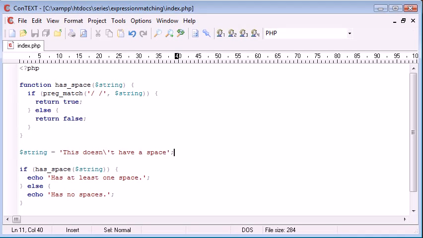So that's a brief overview, if you like, of the preg_match function, and we've created our own little application here to check if a string has a space or not. But do feel free to go and look up the preg_match pattern checking, and it's very in depth, but once you do get your head around it, you'll be able to look at it and realize actually how useful it is for checking patterns within